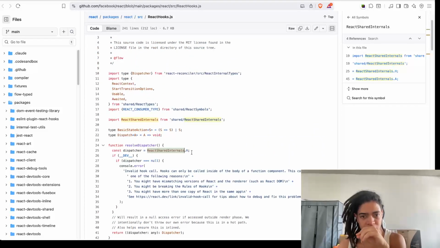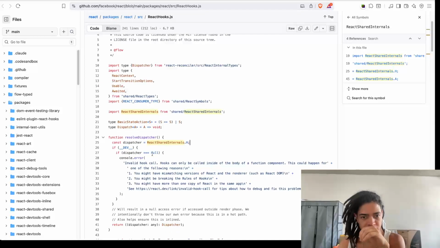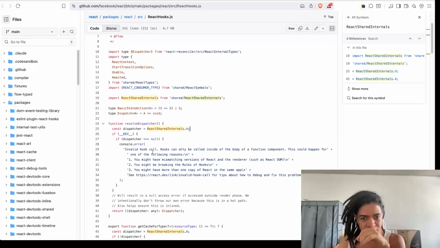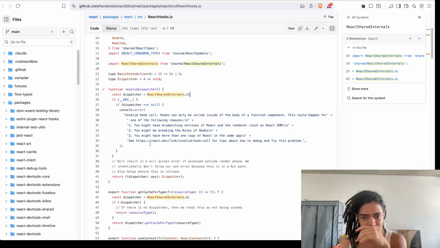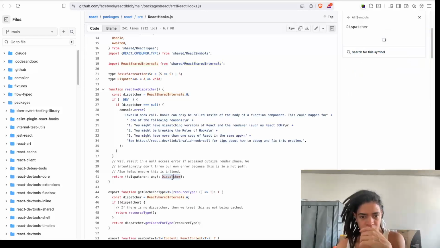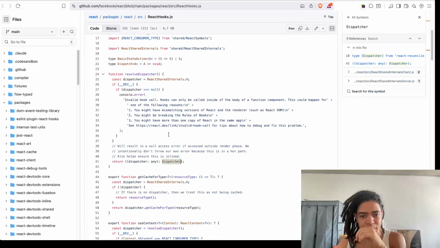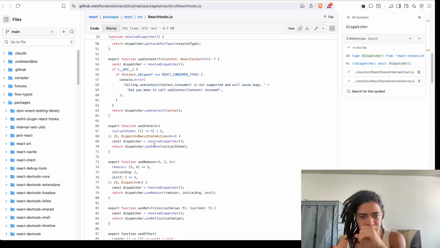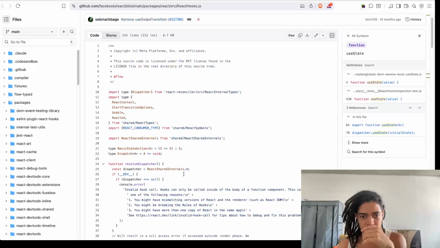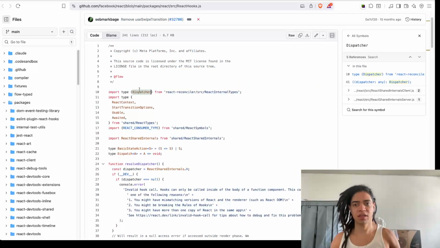ReactSharedInternals. If the dispatcher is null, it means that it's outside of a React component. Okay, and then it's going to return this dispatcher here, from ReactInternalTypes. And this dispatcher will have these particular hooks. So if you dig in here, right inside of this dispatcher,